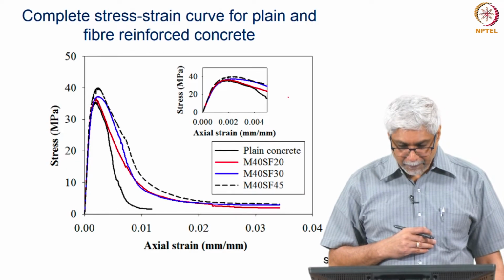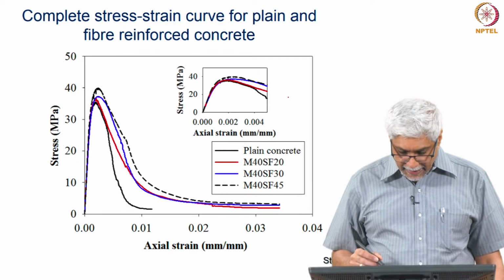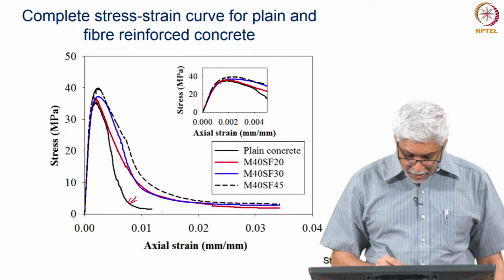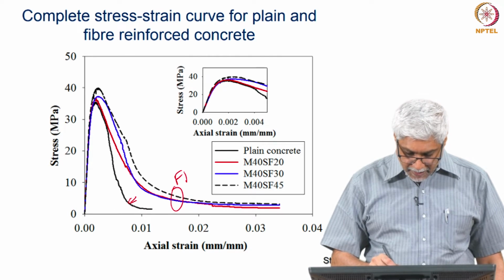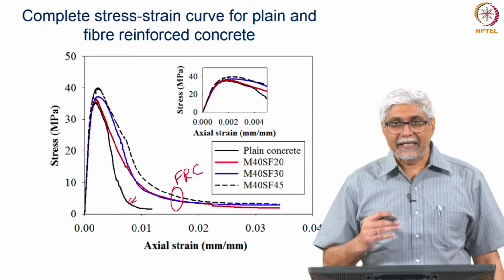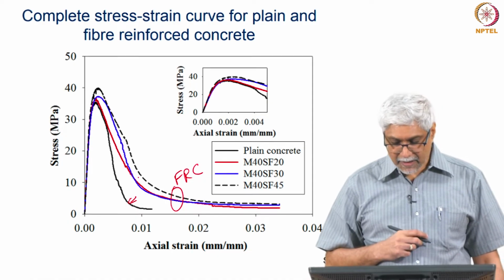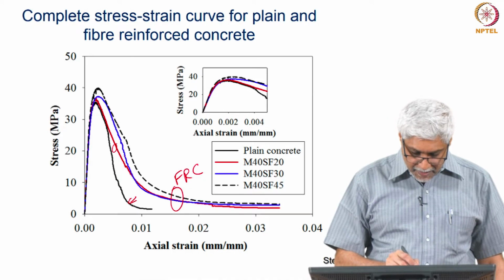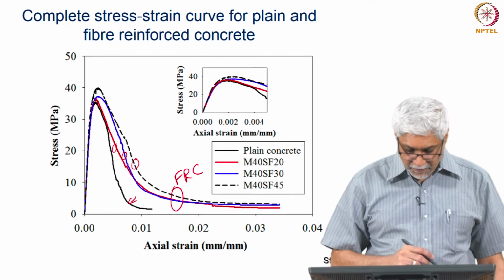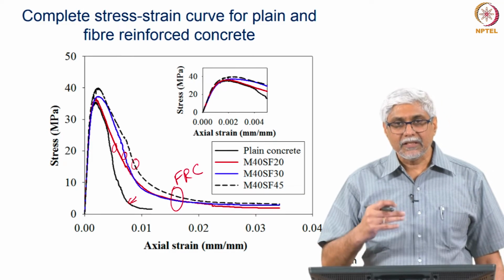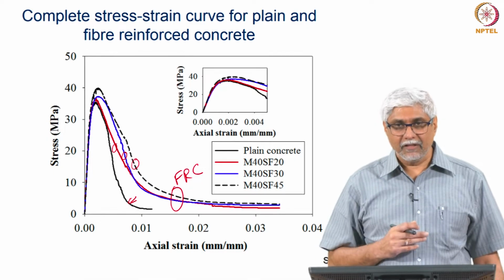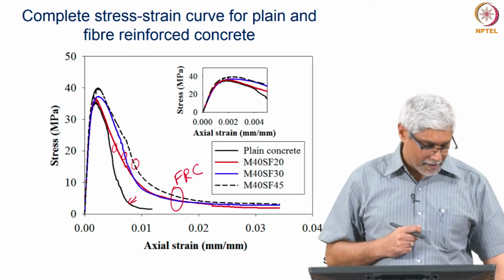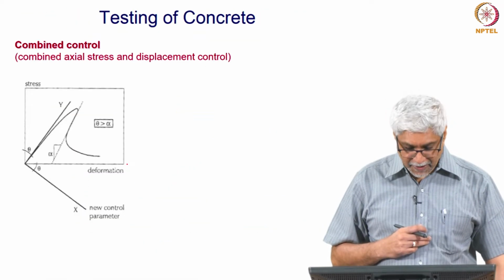This is by one of our students, Steffi, where she is looking at the responses of different types of concrete. This is plain concrete, and these are fiber reinforced concretes, and she is looking at what is the effect of adding a little bit of fibers to see how the deformation changes. This is with 20 kg of fibers, this is with 30 kg of fibers, and this is 45 kg of fibers. So, this tells us how the post peak behavior, or the failure behavior, of the concrete is changing as we add fibers. This type of test gives us that explanation.